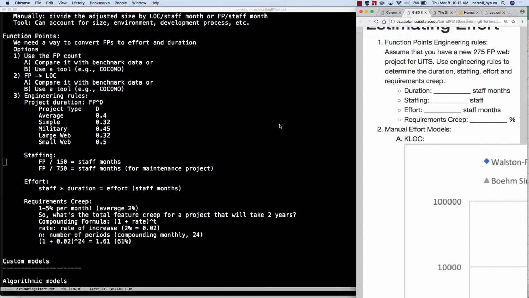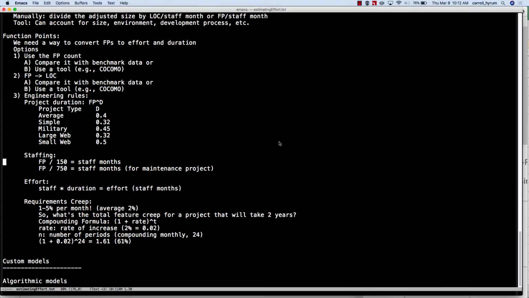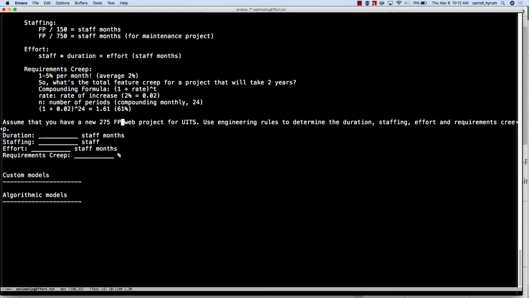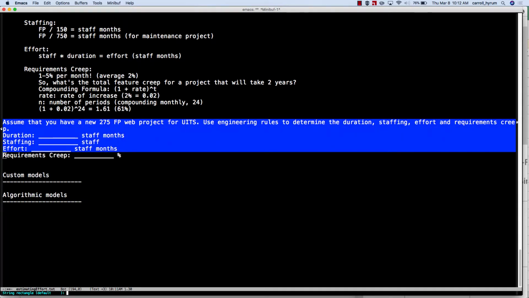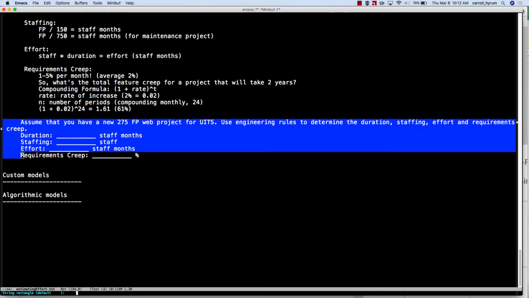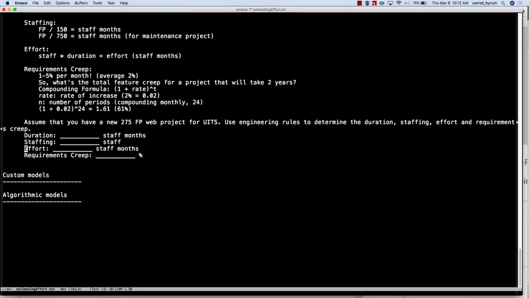It is one thing to see it, it's another thing to do it. So I think every one of the students in the face-to-face class just came up with a different answer. That's okay. Okay, so how do we calculate duration? 275 raised to the